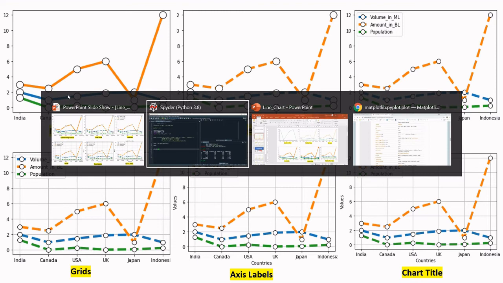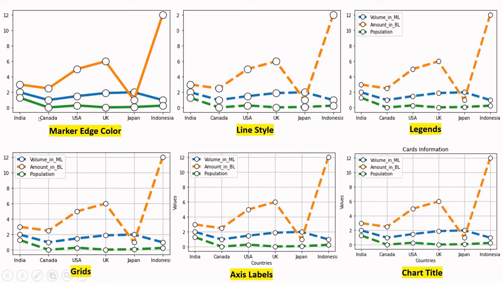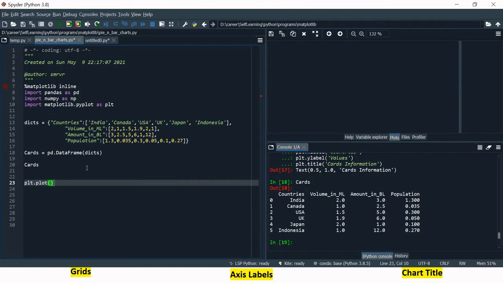So if you look at this place, this is the x-axis and this is the y-axis. So what is the data which we want to plot at x-axis and what is the data you want to plot at y-axis? That's something we need to think of and supply, right? Like you just saw in the image, at the x-axis we need to supply countries, and on y-axis we will start with volume in millions.